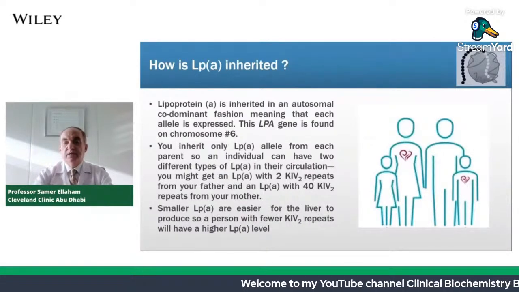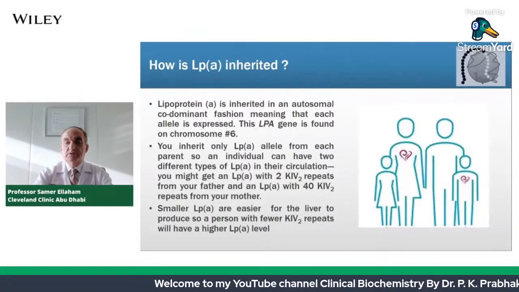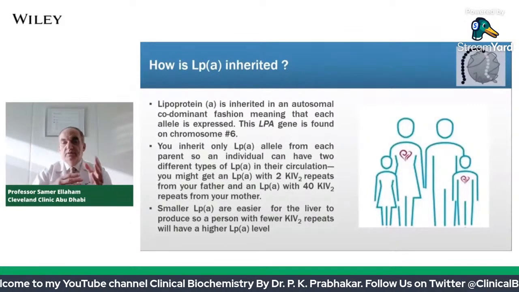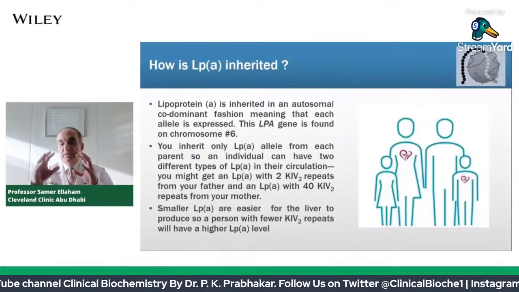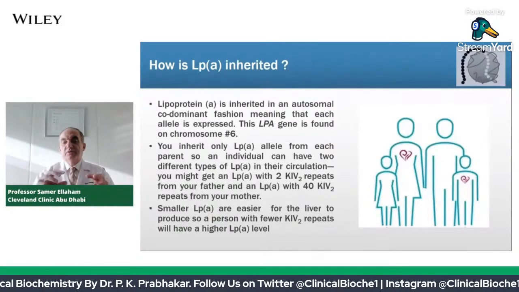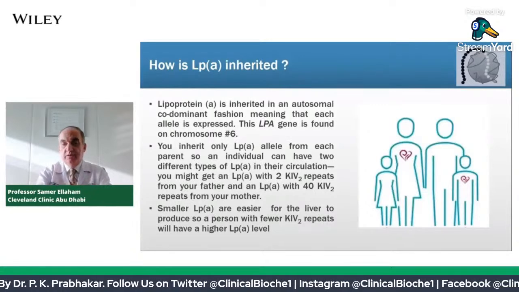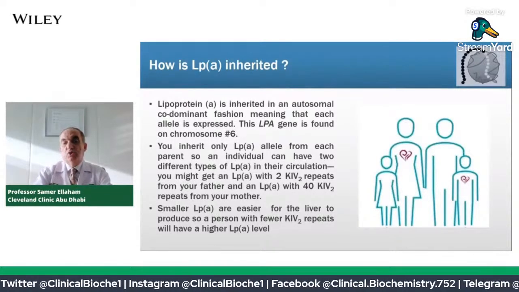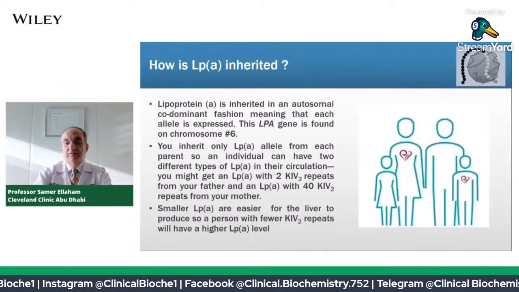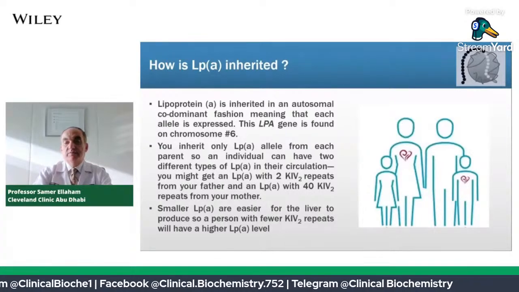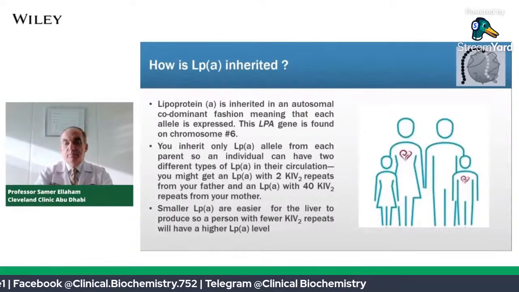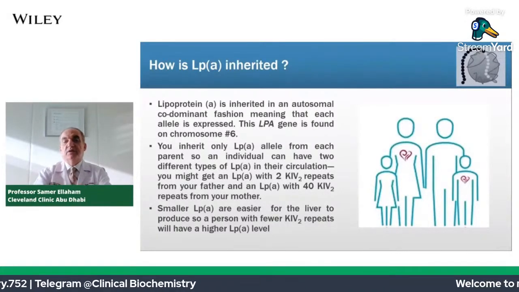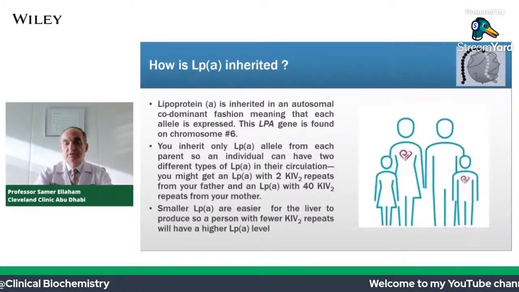Lp(a) is inherited as autosomal codominant. So not only is it autosomal dominant, it's coming from the father and the mother. And you could have in the same patient different aspects of this Lp(a). It's on chromosome 6. We can inherit only one Lp(a) allele from one of the parents, or we can even have one allele from a parent with some description versus the other one with a totally different description and